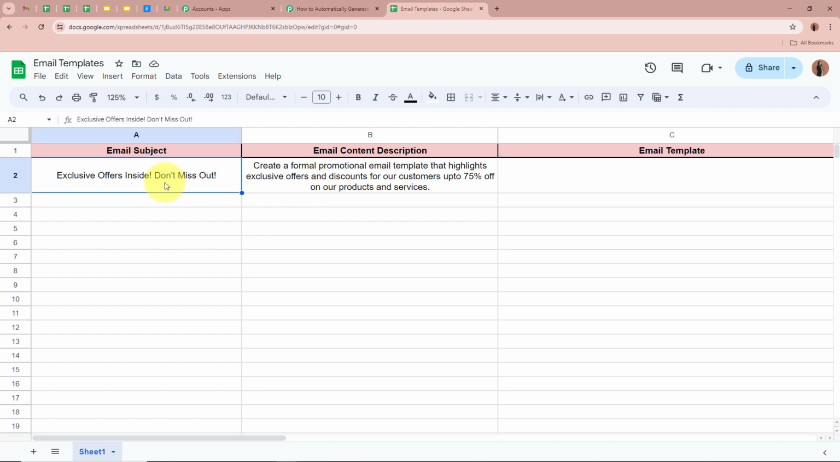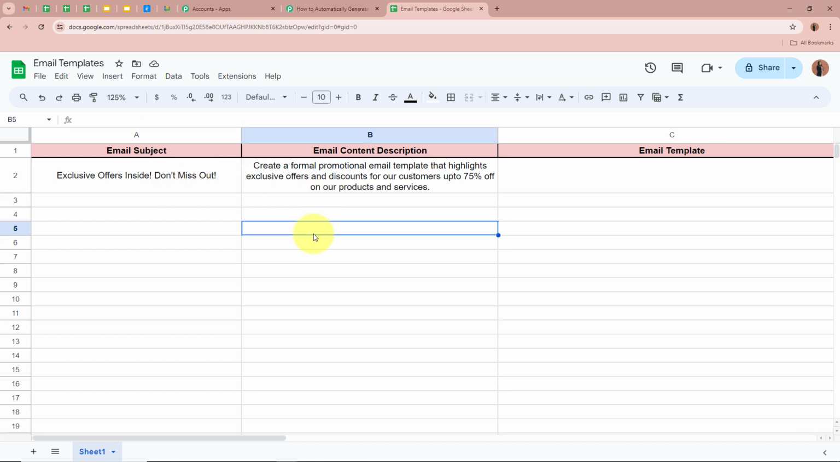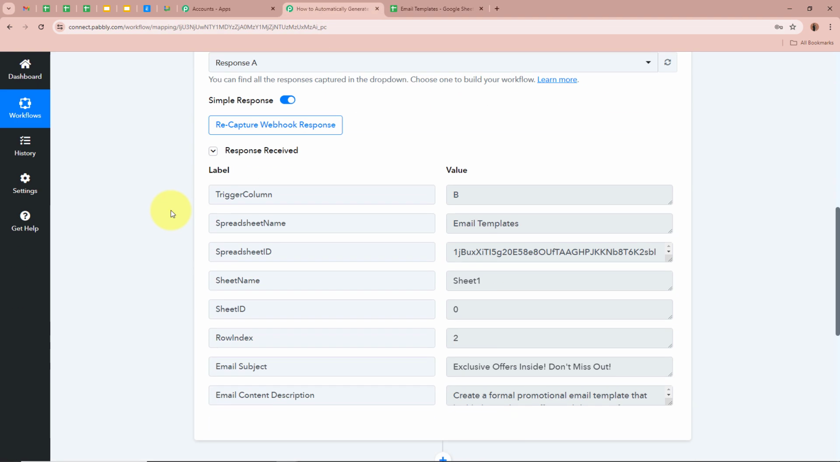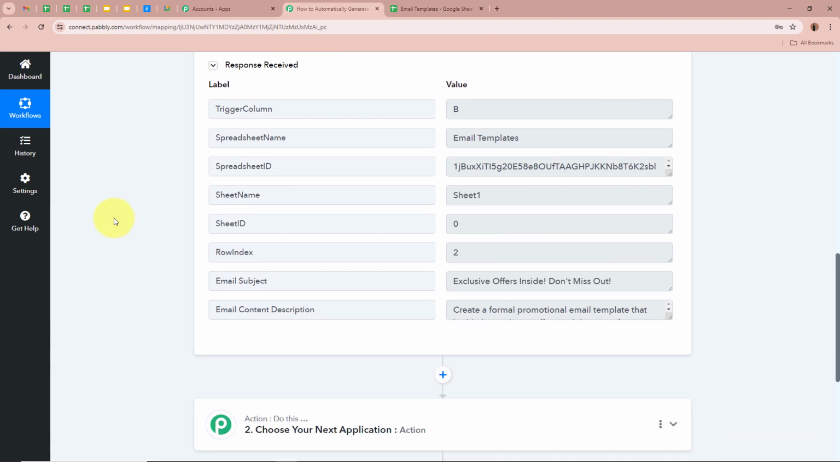As I've entered the email subject and the email content description, I'm going to go back to my workflow and check whether Pabbly Connect has captured the response of the data that we have entered in our Google Sheets or not. For that, I'm going to open my workflow. I'm going to scroll down, and yes, you can see right over here, a new response has been captured in our